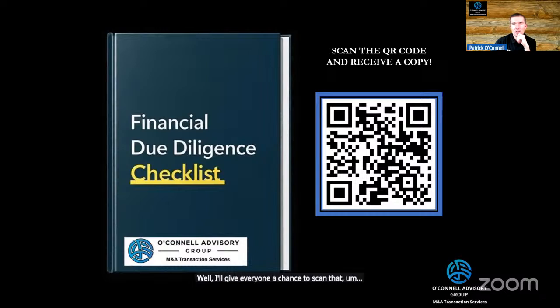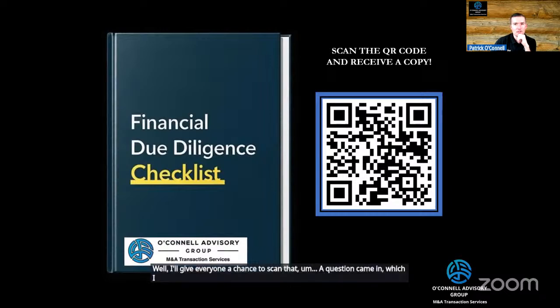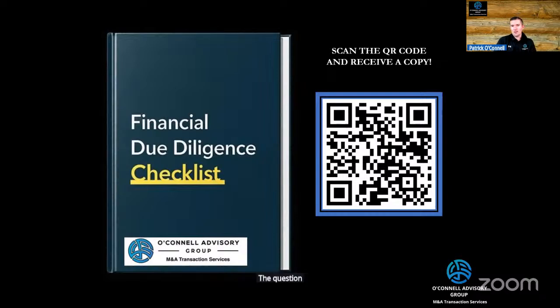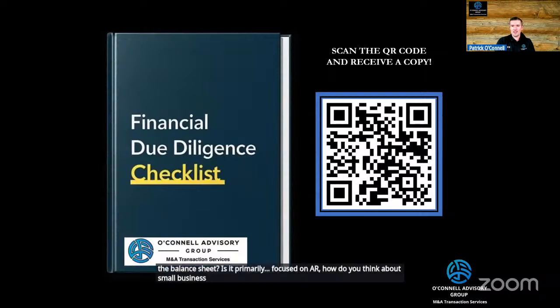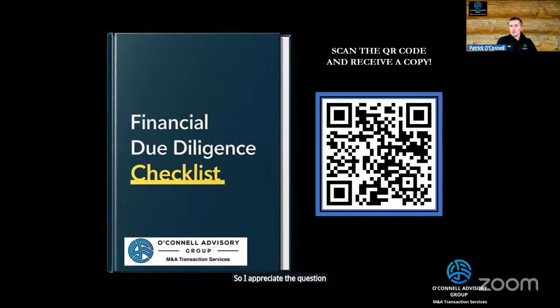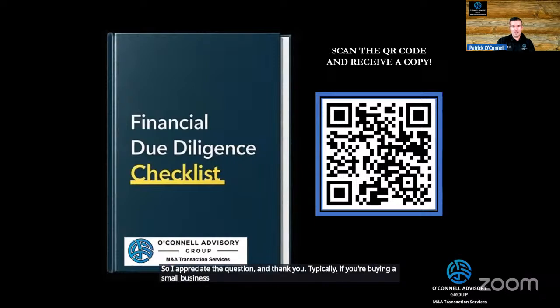A question came in which I wanted to address. The question says, how do you think about, from the risk standpoint, the balance sheet? Is it primarily focused on AR? How do you think about small business acquisitions and the balance sheet? So I appreciate the question and thank you. Typically, if you're buying a small business with an SBA loan, so think enterprise value around 5 million or less,